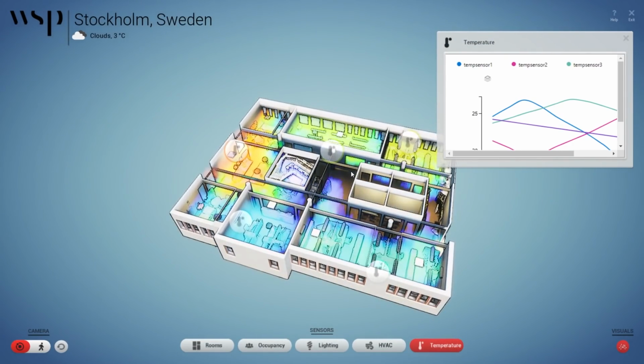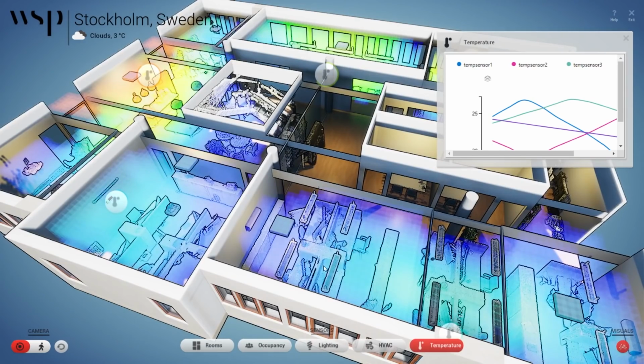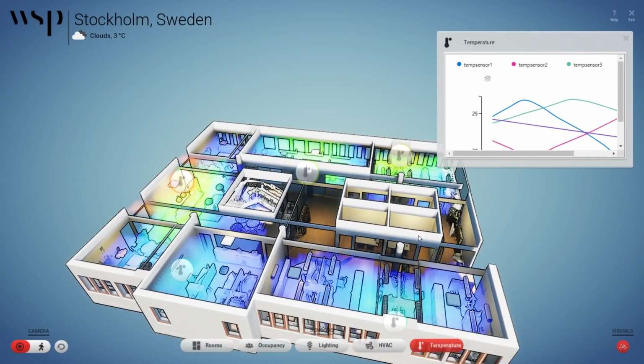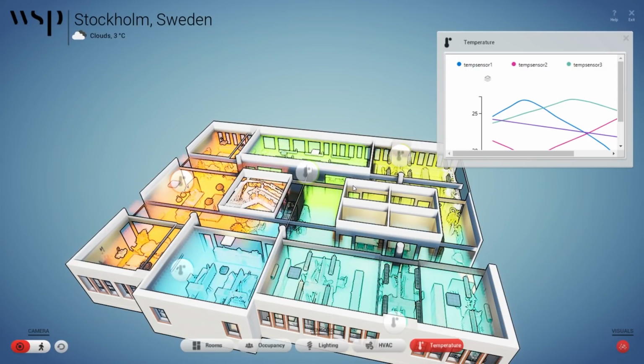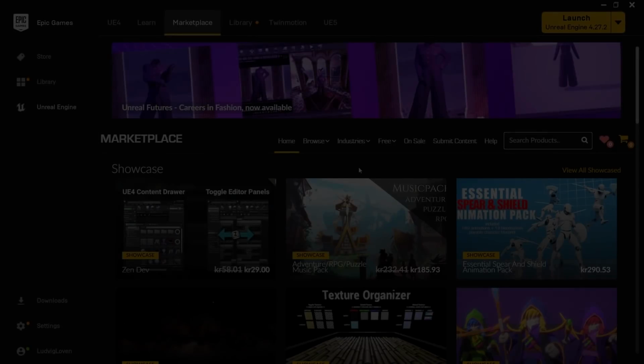And this would probably work in 3D as well. If I added an extra floor, it would find its way up the stairs and all that, but we haven't tested that. So that's a quick overview of the sample project, and next I thought we'd have a look at how to set this thing up on your machine.